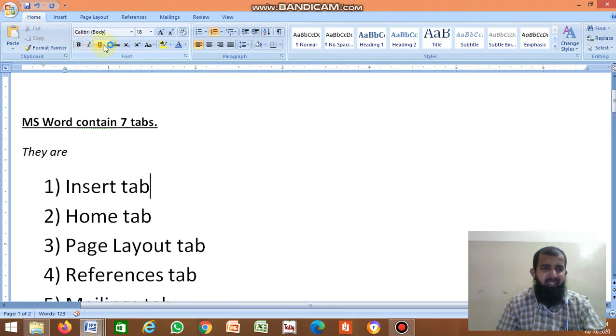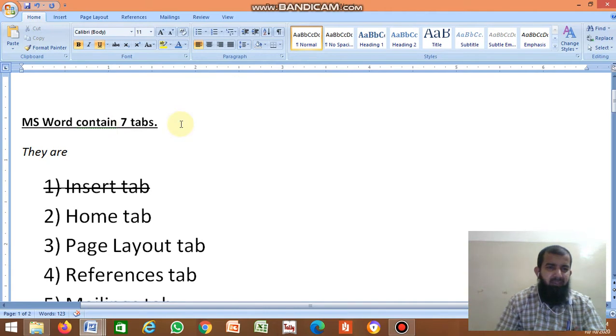Bold, italic, underline. Next, strikethrough. Draws a line through the middle of the selected text. For example, this Insert tab. If you want a line in the middle of this text, just click strikethrough, like this. Clear, no?